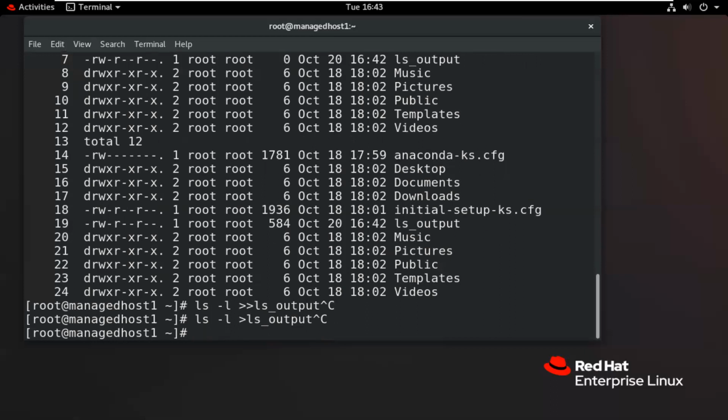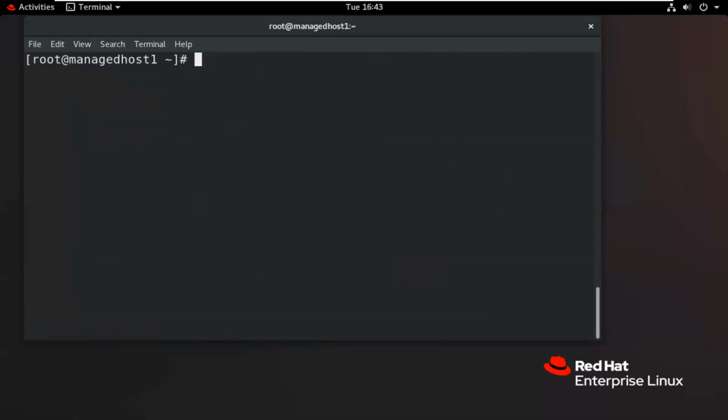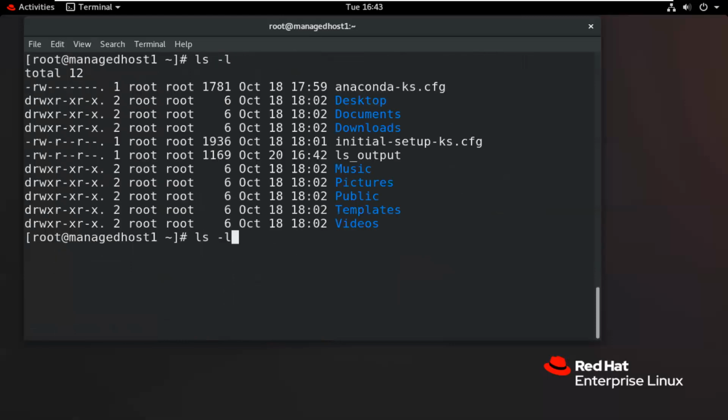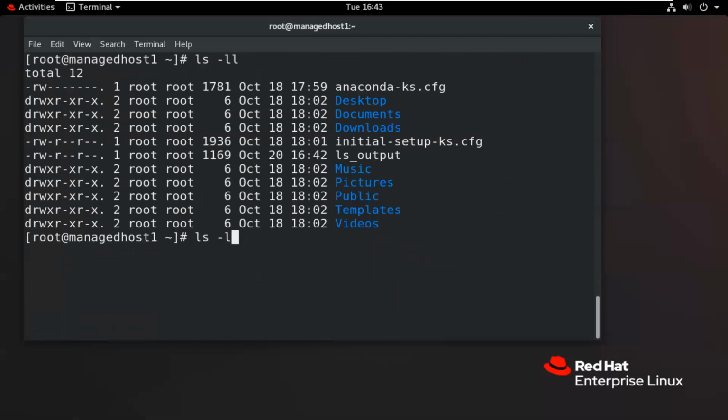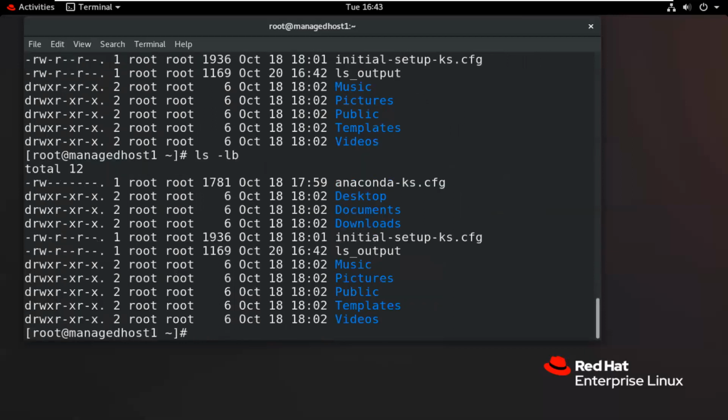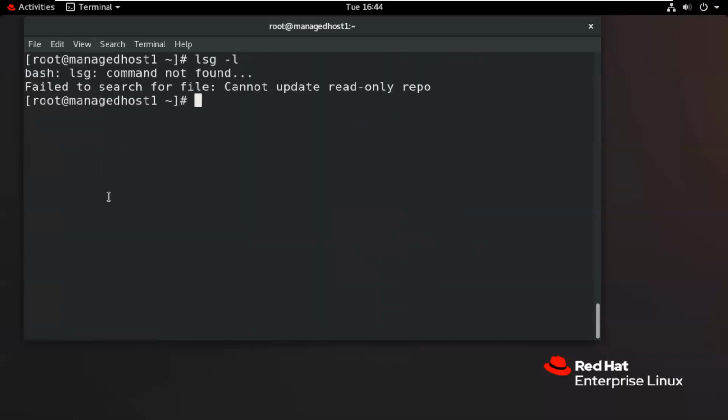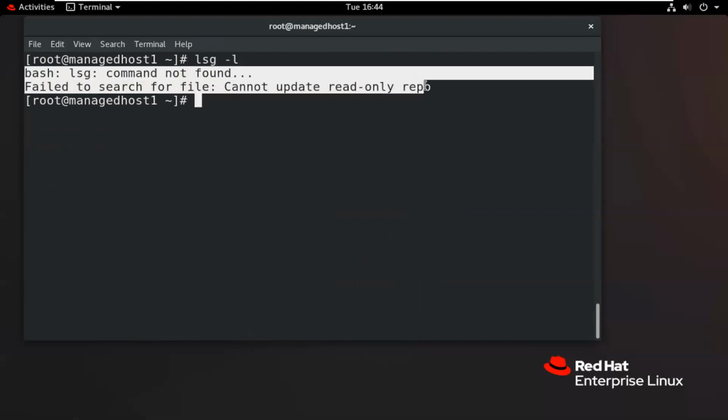I will show this by using another example also. How will I use this? Suppose we want to use this particular -l command to list. Suppose we perform any wrong command. What will it display? It will show me the error. So it shows me the errors on my screen.